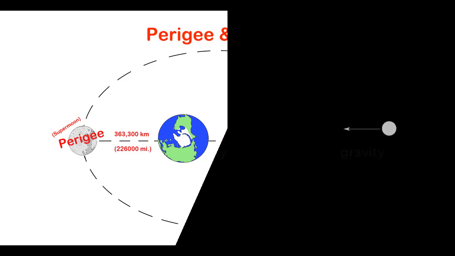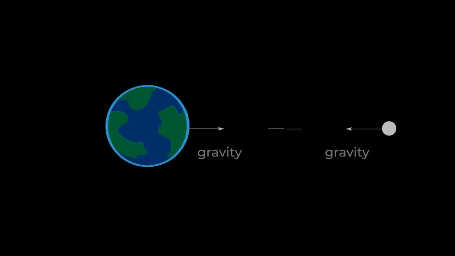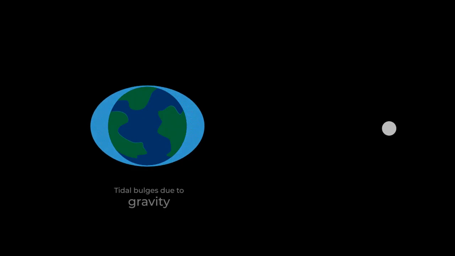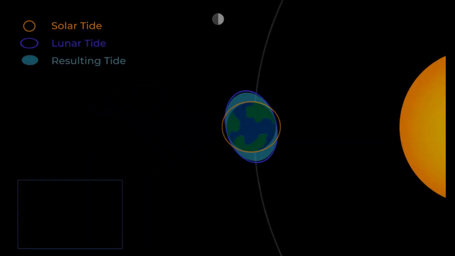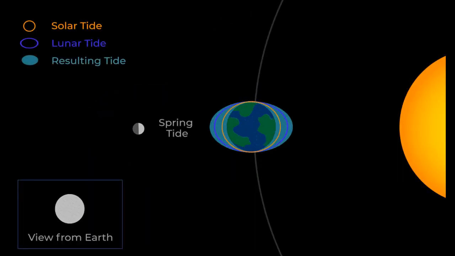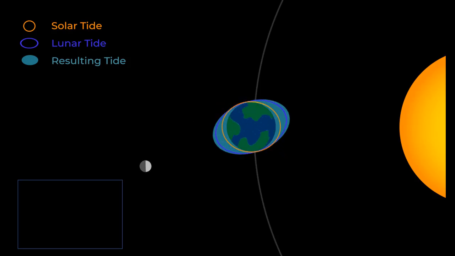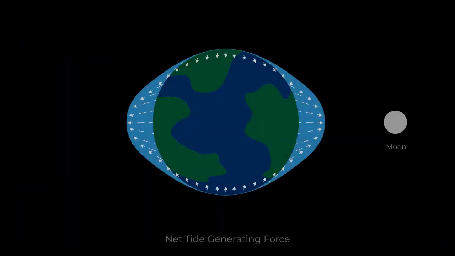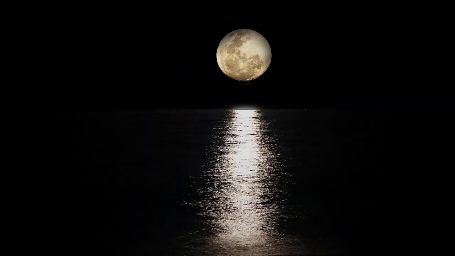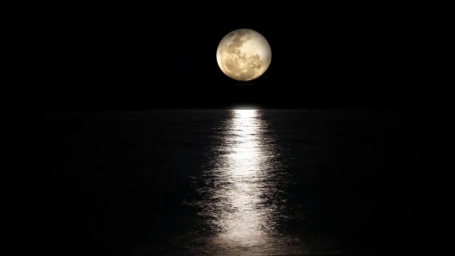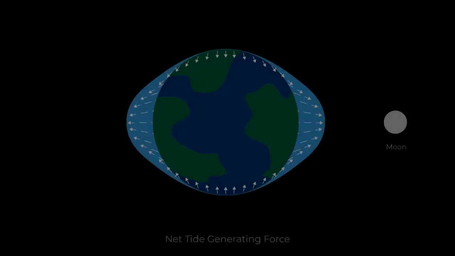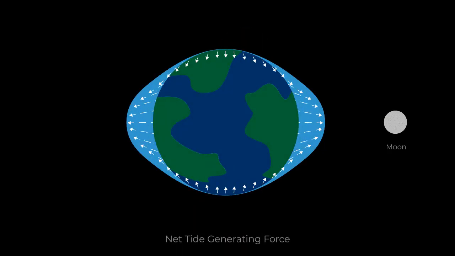Now, the moon's proximity to Earth during perigee can have an influence on Earth's tides. The gravitational pull of the moon, along with that of the sun, contributes to the rise and fall of the ocean's tides. During perigee, the moon's gravitational pull is slightly stronger, leading to higher than average tides known as perigean tides or perigean spring tides. This can result in raising the tides by 2 inches.